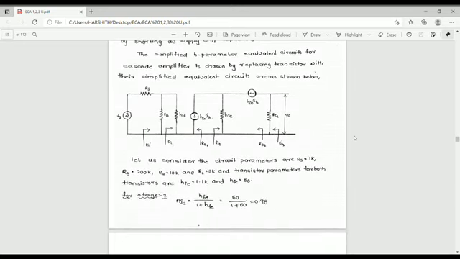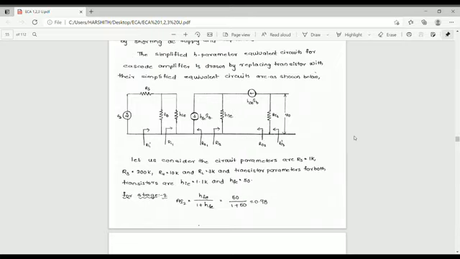In this circuit, parameters are also given. We can analyze the second stage and the first stage, and calculate the current gain, input resistance and voltage gain. Let us consider the circuit parameters: Rs equal to 1K, R3 equal to 200K, R4 equal to 10K, RL equal to 3K, and the transistor parameters for both transistors are HIE equal to 1.1K and HFE equal to 50.